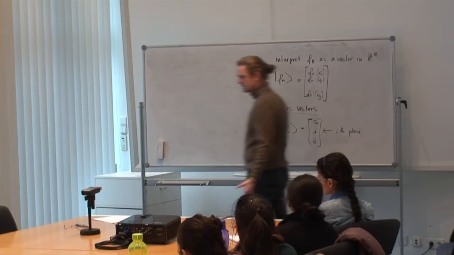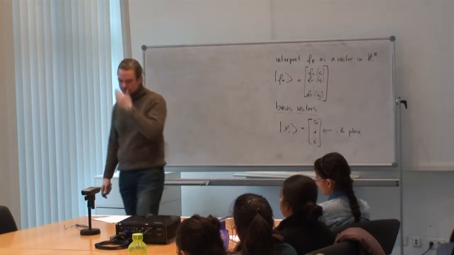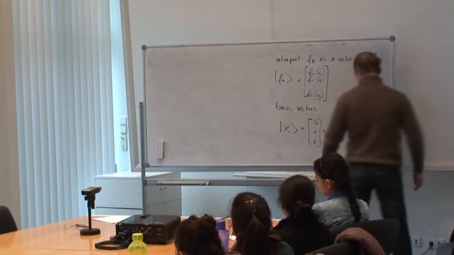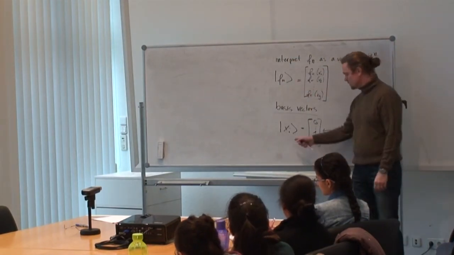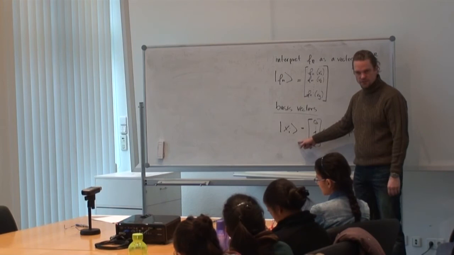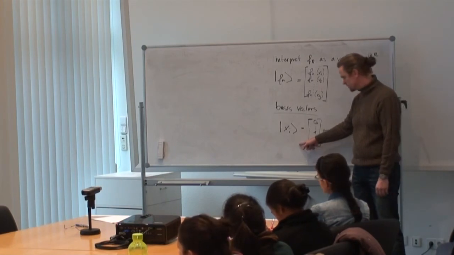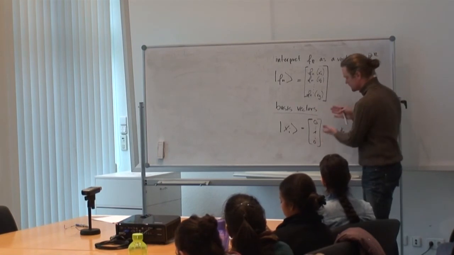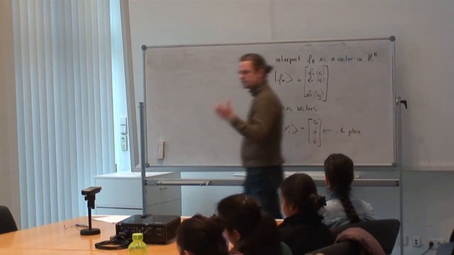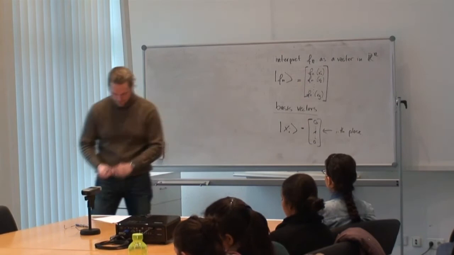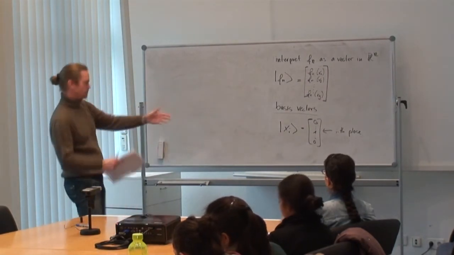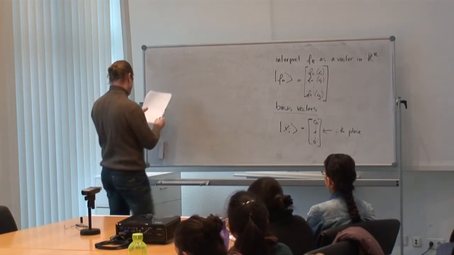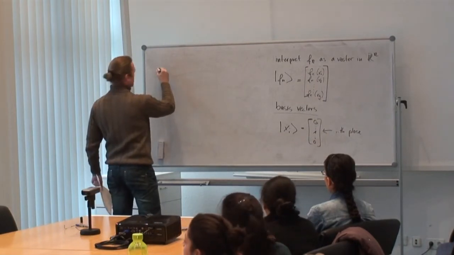If it lives in a vector space, there should be a set of basis vectors. And I said, well, those basis vectors are basically the basis vectors we are used to. Earlier today, I called them e subscript i, and now it is just a ket xi. But looking at this, these are exactly the basis vectors we have been talking about earlier. Now, given what we know about basis vectors, we know that they satisfy